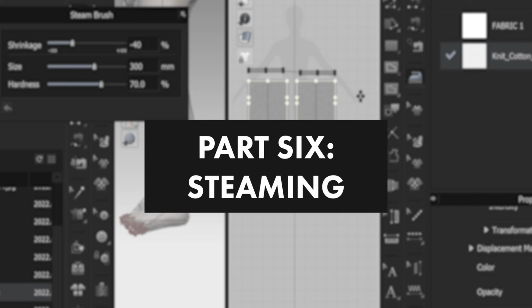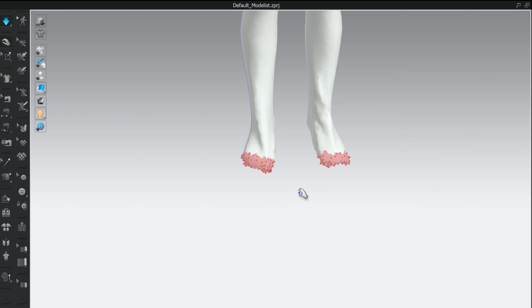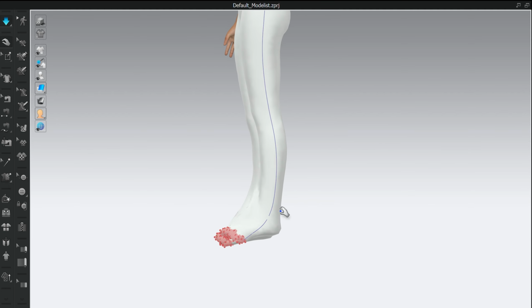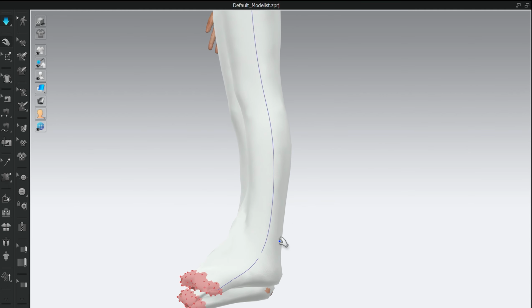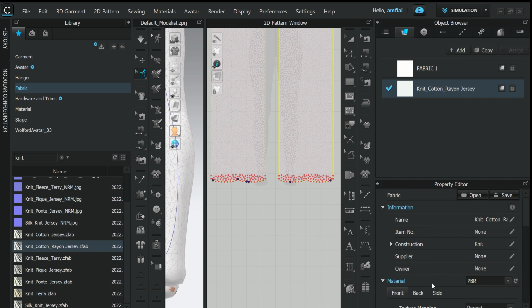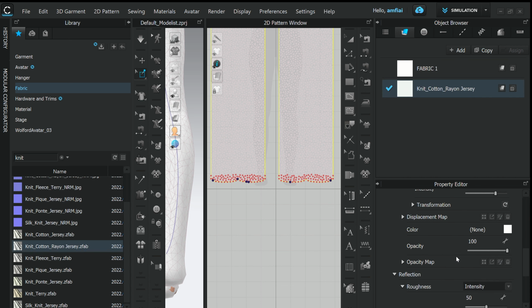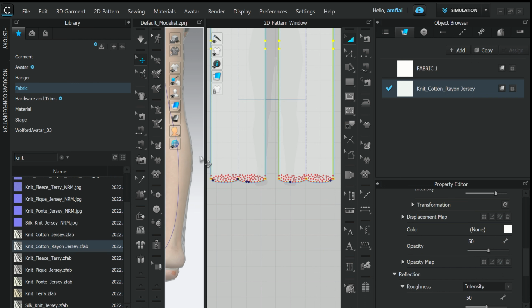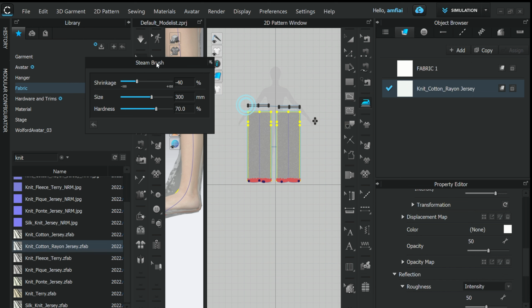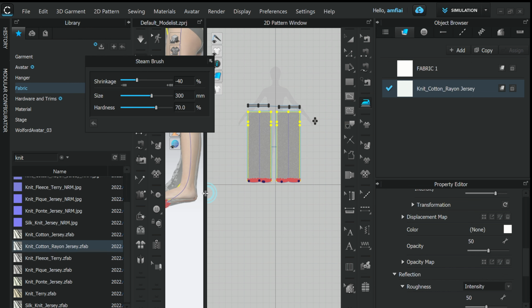before we steam. So this is the 6th part of this video. We're steaming the legs so that they fit around the ankles. The ankles are so tiny in comparison to the rest of the pattern that it just keeps having excess material. So I reduce the opacity now so that we can actually see how it doesn't fit on the body. But if you would decrease the pattern width again, it would fit nicely around the ankles,